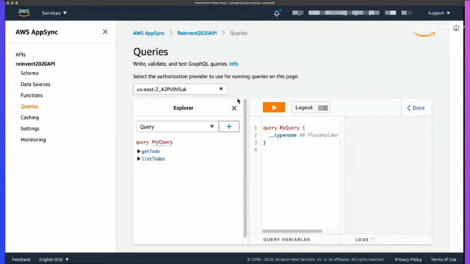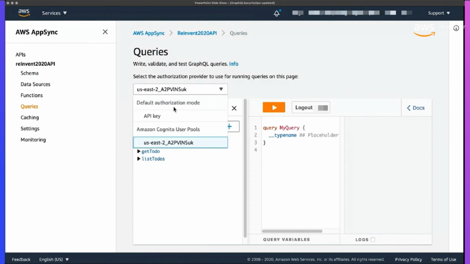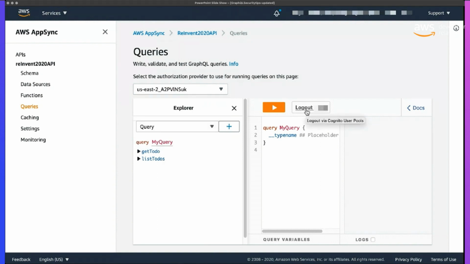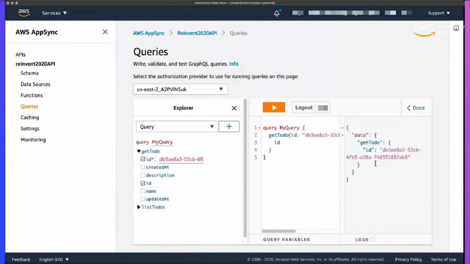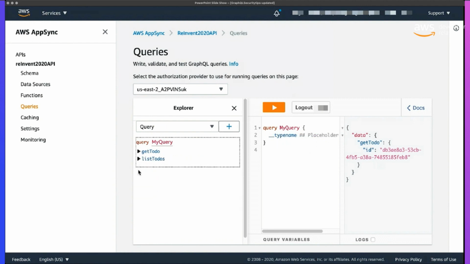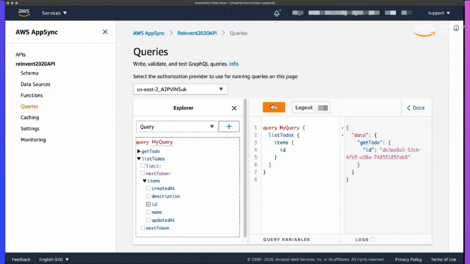So let's test that out. Here I am in the AppSync console. At the minute I'm logged into the Cognito user pool. I can log out if I want, but I'm going to do some testing. The first thing I'm going to do is run one of these queries. Get to-do will return the ID of the to-do, and list to-dos, I'll get it to return an ID as well.